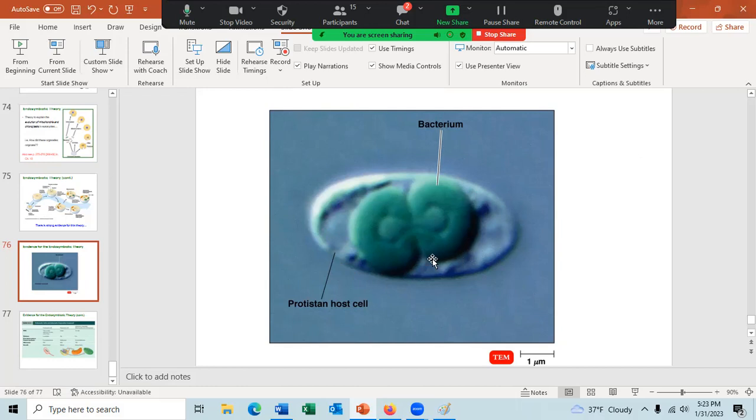Paramecium has engulfed a photosynthetic bacteria, or sometimes it's an algae, and then the two can live in harmony. The protist, the paramecium, provides a home for the photosynthetic cell, which in this case is a bacterium, and can supply the bacterium with nutrients and food. And then the bacteria, because it's photosynthetic, can engage in photosynthesis, making glucose, and then share that glucose with the